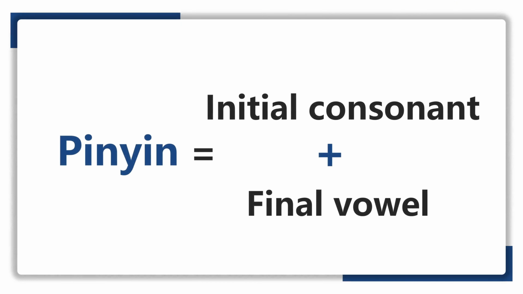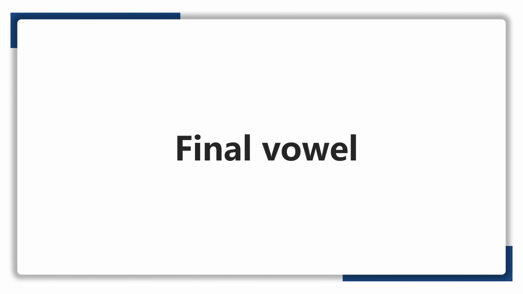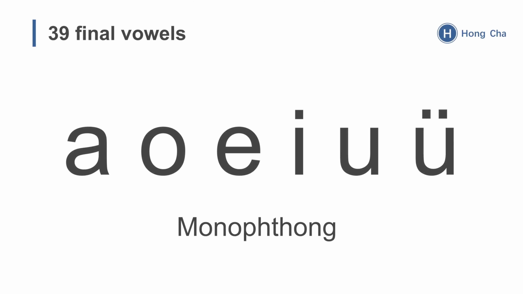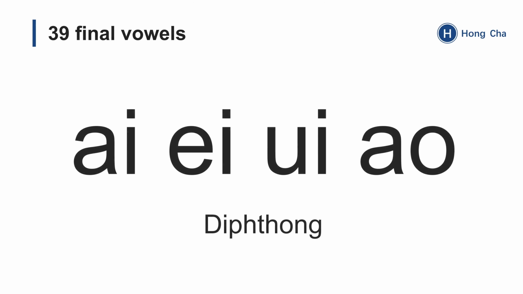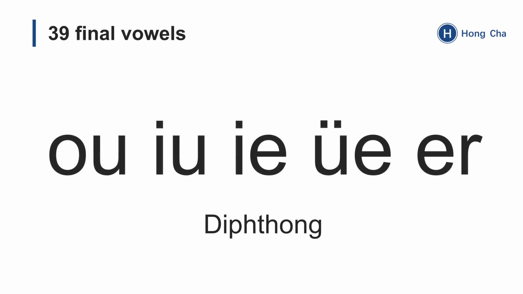As for final vowels, there are more of them, totaling 39. So let's start. A, o, e, i, u, ü, I, a, w, ao, o, u, ye, yue, r,